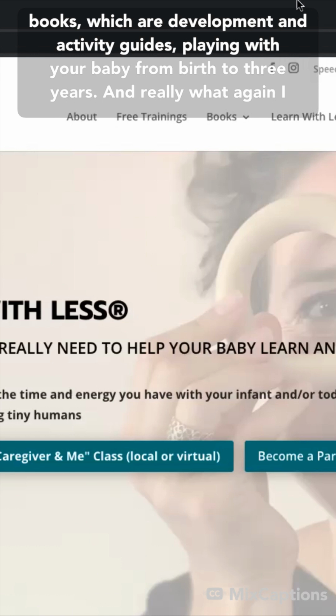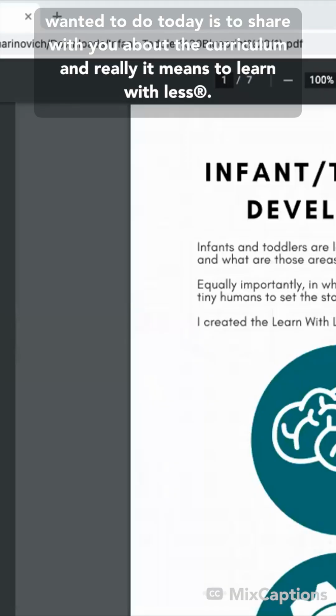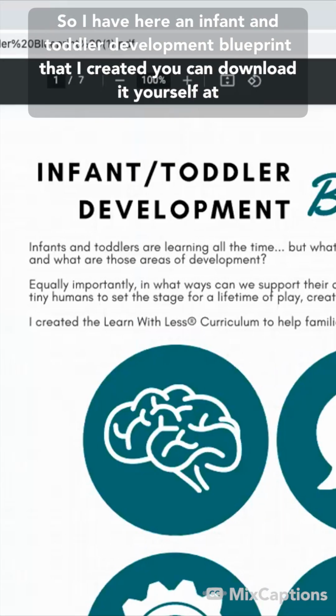And really what, again, I wanted to do today is share with you about the curriculum and what it means to learn with less. So I have here an infant and toddler development blueprint that I created. You can download it yourself at